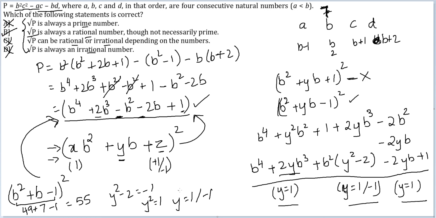Now this is the technical way of doing it. The smart or the simple way of doing it is simple. You simply assume values 1, 2, 3, 4, 2, 3, 4, 5. You see 3, 4 cases, and then you would easily reach your answer that it is always rational. And then when you check for more cases, you would see that it is also not prime. So you can mark your answer option B. In this explanation, I tried to explain the technical way of reaching the answer, which is not always the right way of doing it in the exam setup.